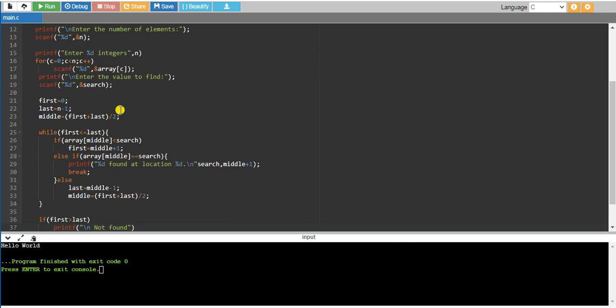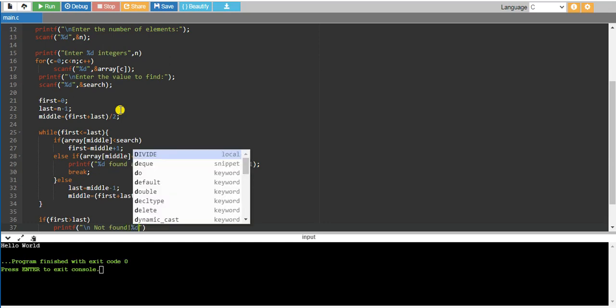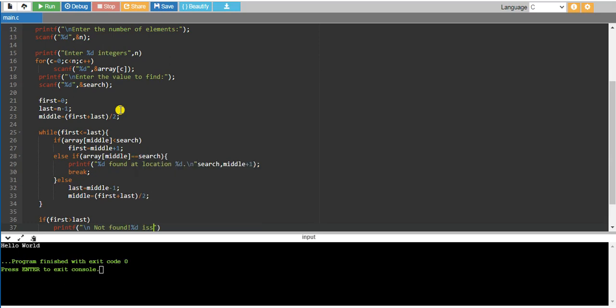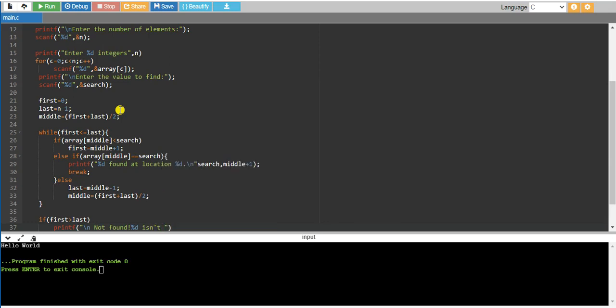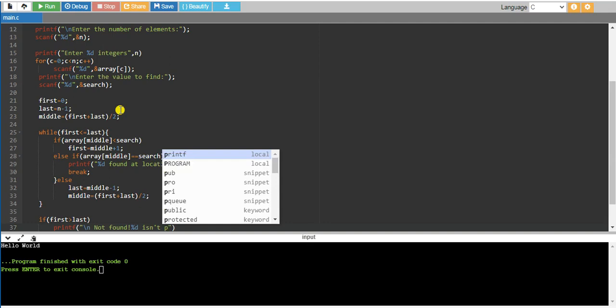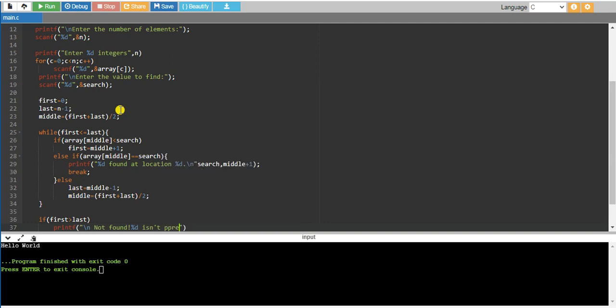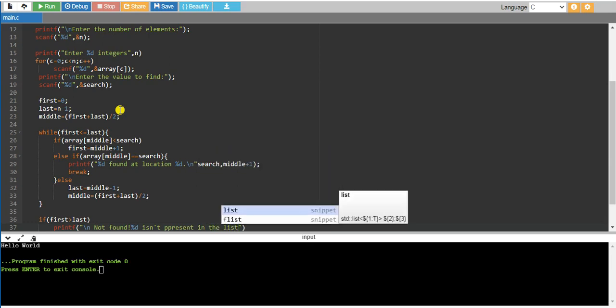The element is not found, that is %d. It's not present, not found. Is %d integer is not present in the list, or in the array.